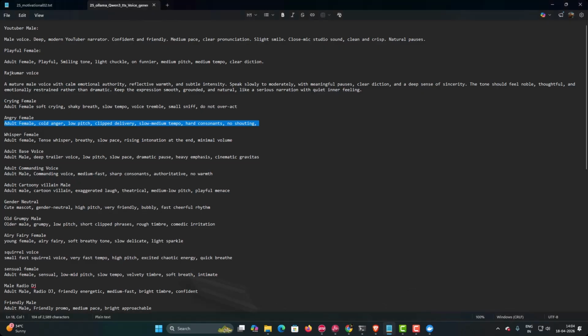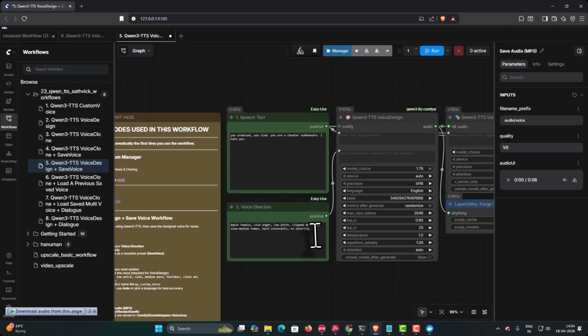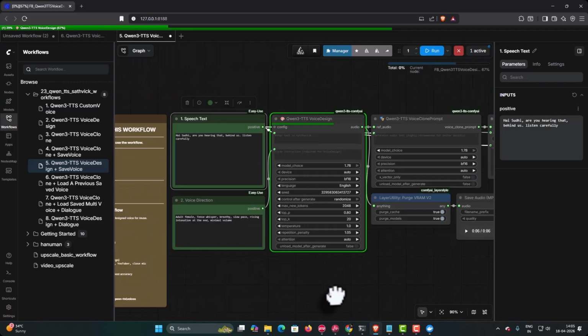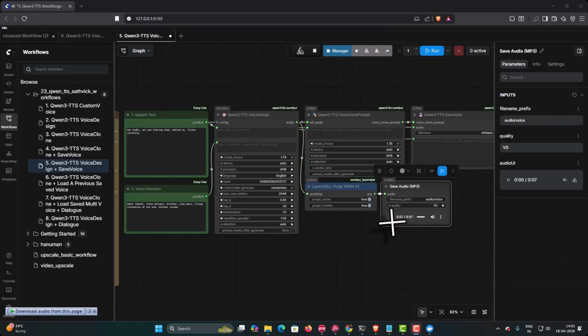The angry mood. Now I will come back to the prompt. I will select this whisper female. I will copy this, come back here and I am going to place it in this voice direction. Next here, I am using the whisper sound. So I am saving it as whisper female. Now if I play and check it,